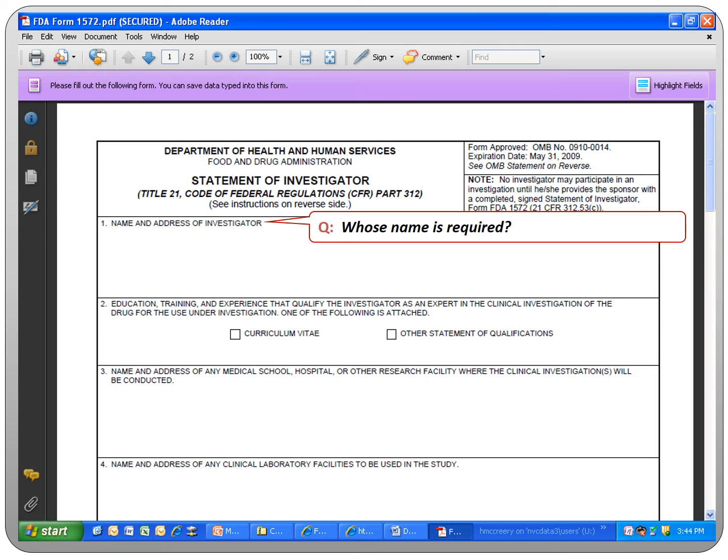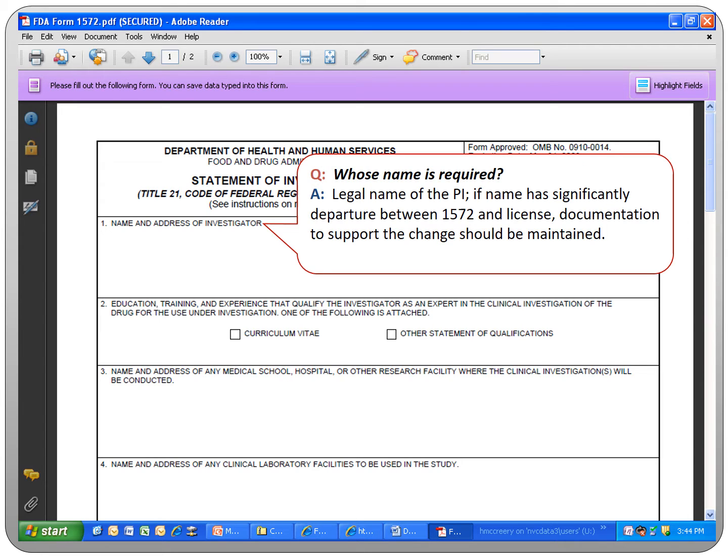All right, name and address of the investigator. Okay, this seems like a trick question, right? Whose name is required? People actually ask this. They really want to know, how do I list the name? It's like when you get your airline ticket now, it has to be the same name that you have on your identification. So it has to be the legal name of your investigator. If there's any difference between what's going to go on the 1572 and the medical license, the nursing license, whatever license this person has, you're going to want to be able to document that